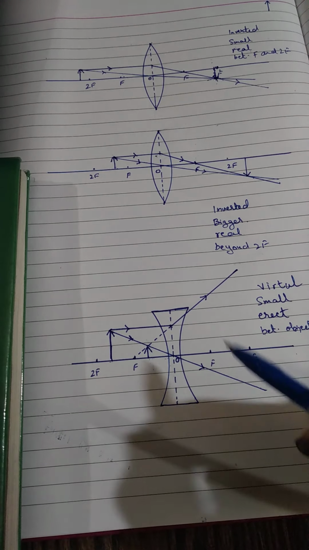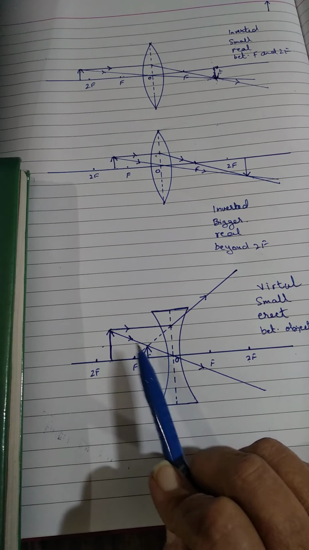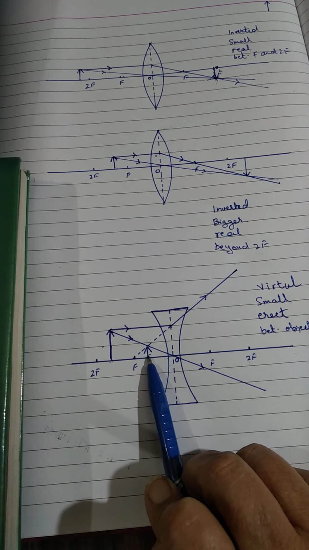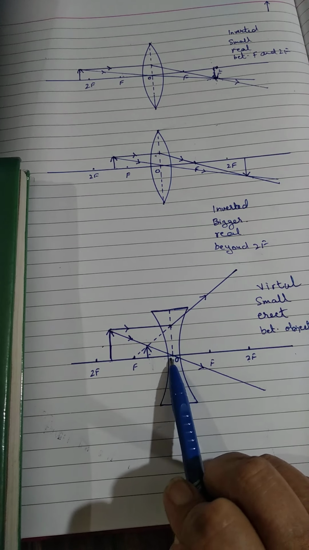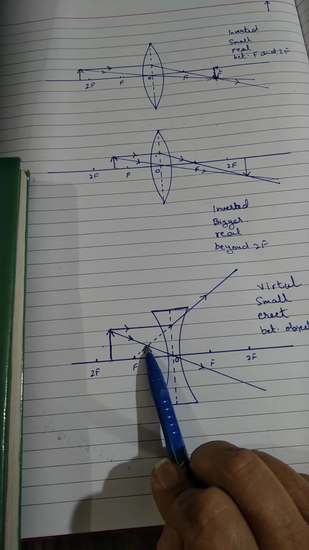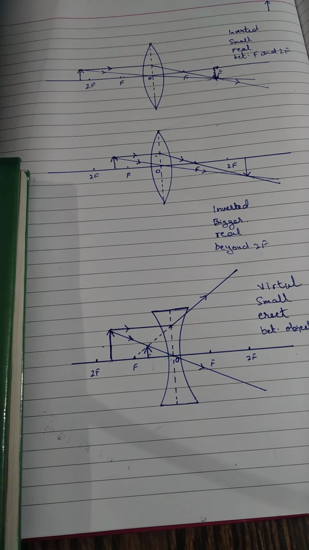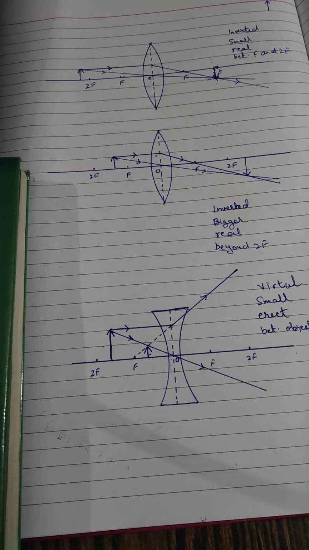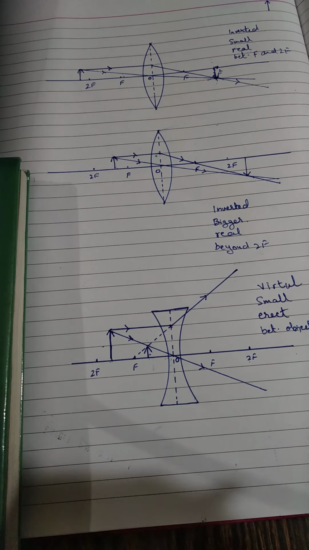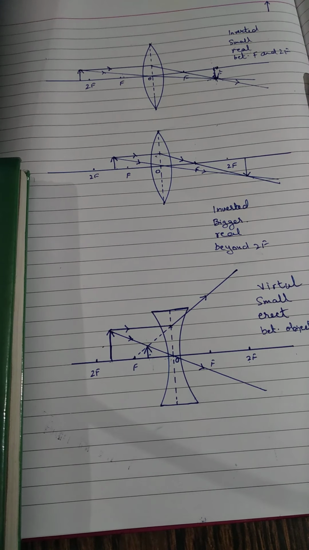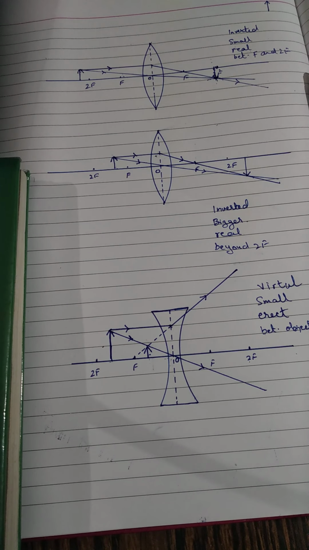Fine. Rest of the things you can find out yourself, that this is smaller in size as compared to the object. It is formed just in front of the optical center, between the object and the optical center, and it is erect. This we can see, but this erect image is a virtual image. This we have to learn. I hope the diagram is clear to you, and you will be able to draw the other diagram also. Fine. So these diagrams we will be practicing, and if there is any problem, we'll go through these videos again to find out the problem areas and sort them out.